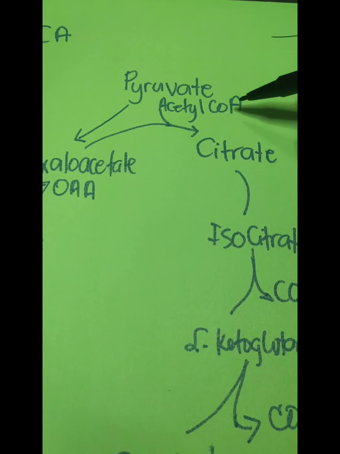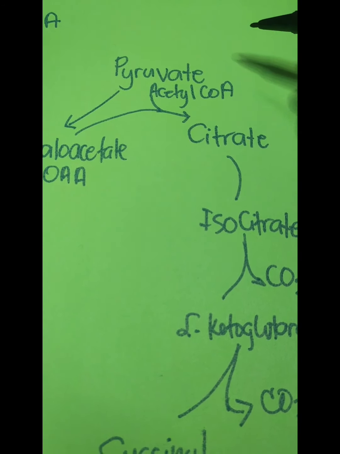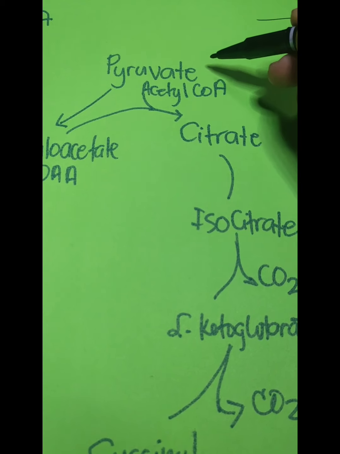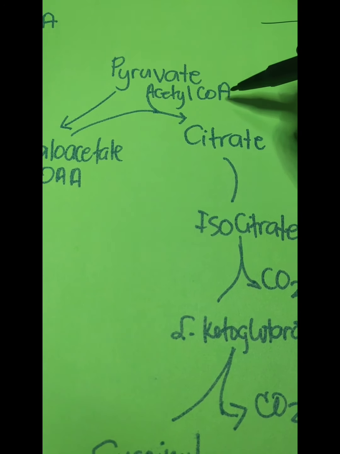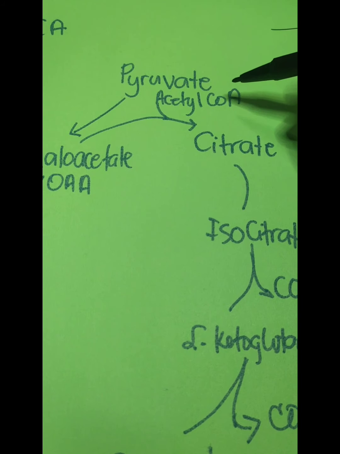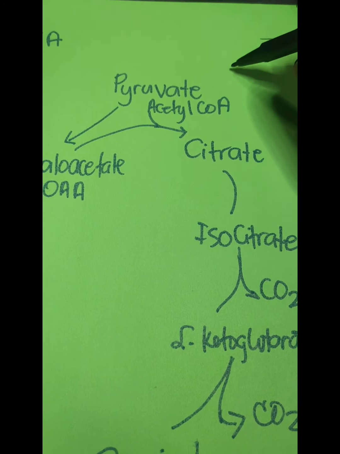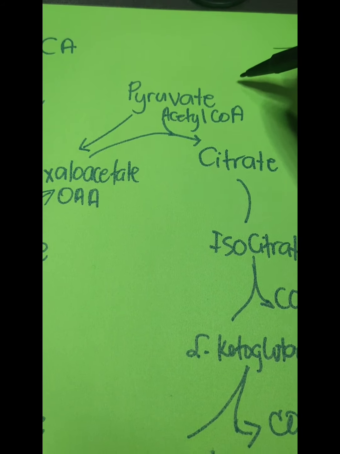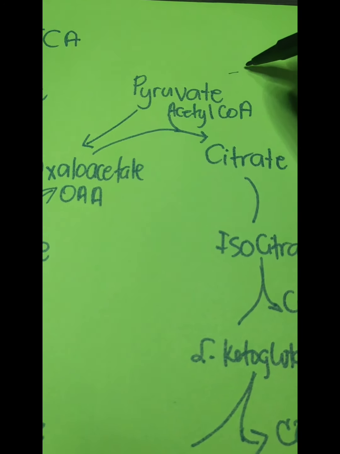As I have mentioned, it is because of oxidative decarboxylation of pyruvate to acetyl-CoA. Considering that it is an enzymic reaction, therefore we need a certain enzyme. And we call this enzyme